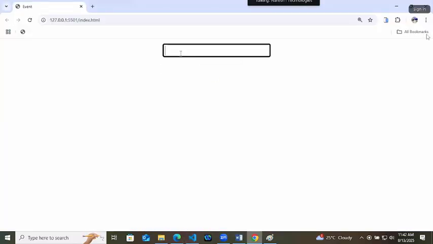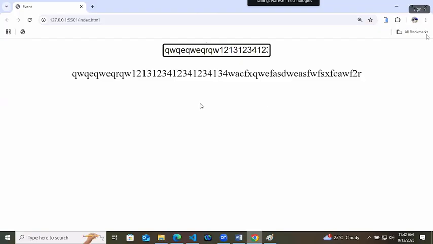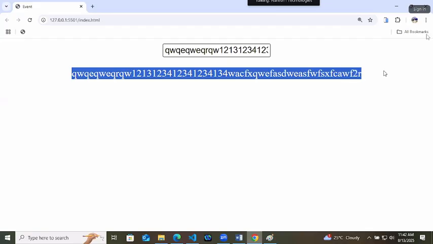So let's try. Only when the enter key is pressed, it will add the task. Doesn't matter what other key you are pressing, but once you press the enter key, it will add the task.